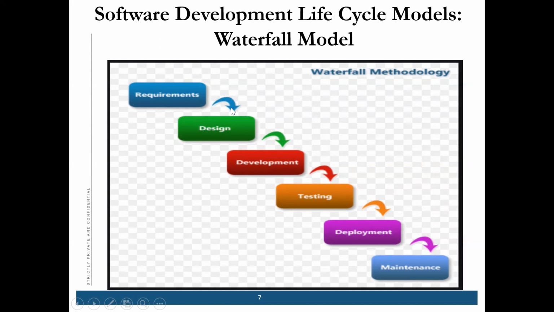So usually for the small project, they prefer the waterfall model. Why? Because there's a cost involved, right? If they keep on changing their requirement, the cost is going to increase. And if the cost is already fixed, you prefer the waterfall model, right? Because if they keep on changing, then there will be a different cost involved in it. So that's why sometimes they prefer the waterfall model.